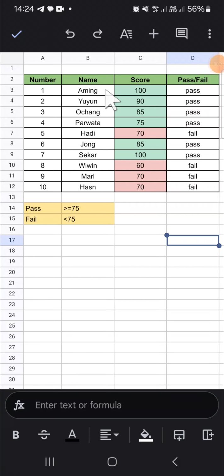In today's video, I'll be showing you how we can remove conditional formatting from our table in Google Sheets mobile. Alright guys, as you can see, here I have applied conditional formatting to this card column and I'm going